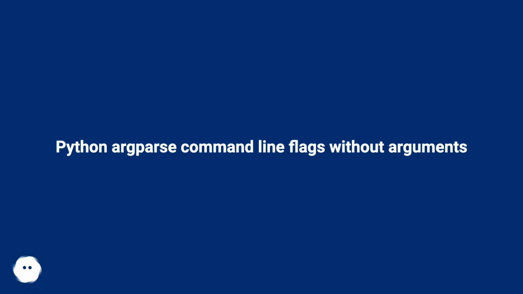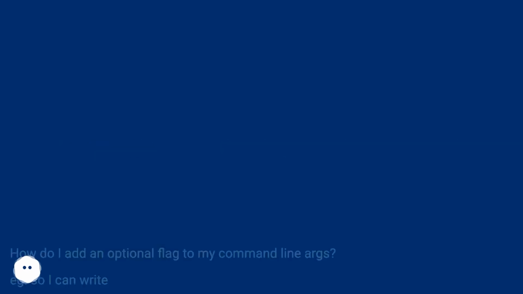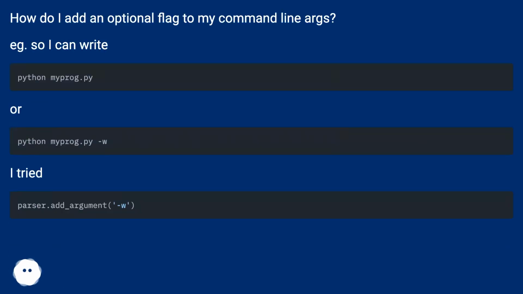Python Argparse command line flags without arguments. How do I add an optional flag to my command line args? For example, so I can write, or I tried,